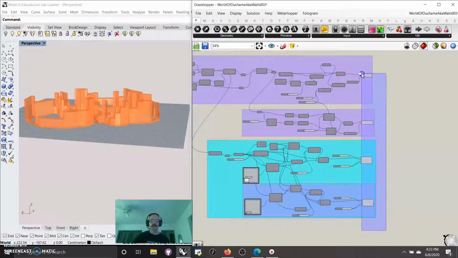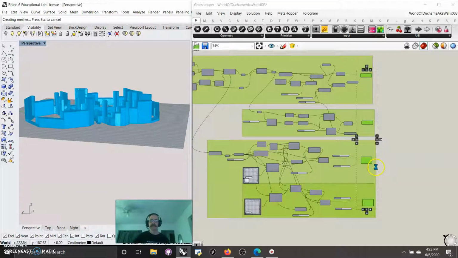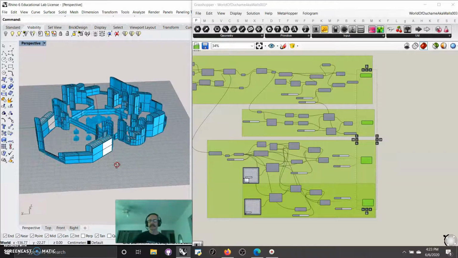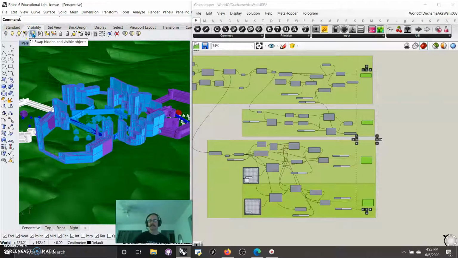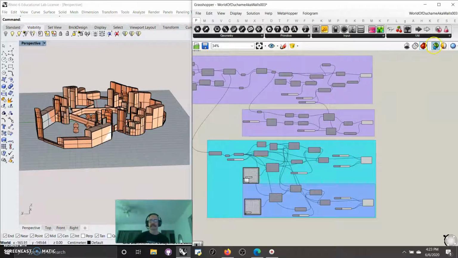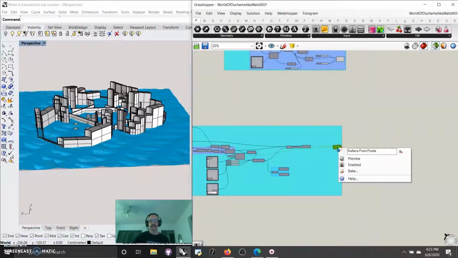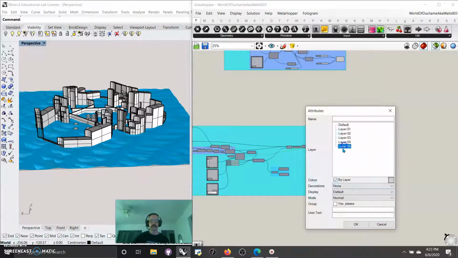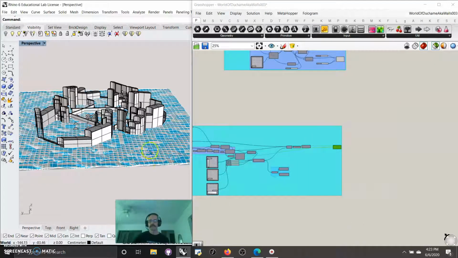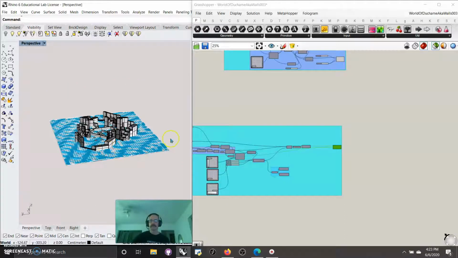Kind of cool. It's probably easiest to just grab all of those and send it to a bake, which will take a second. There we go. And obviously, if I pull up, I like to swap for a second to see what kind of chaos I have going on there. I think it's best to just leave that off. Leave this and probably just pull up another one of these, put on a bake on one of those. And you don't have to group them because three are baked, so I could grab one surface and say, okay, I don't need that. I don't need that. And now I have one little surface that's in there. And then once you have everything in